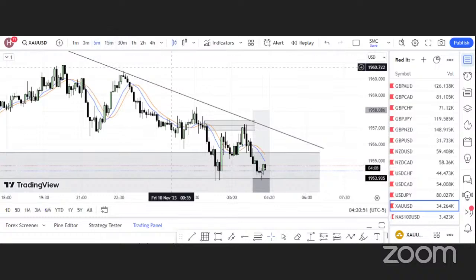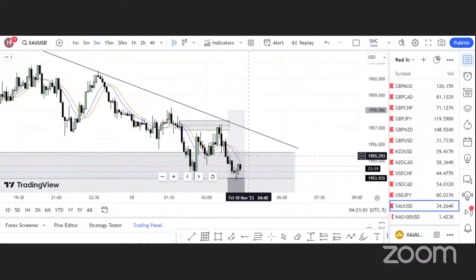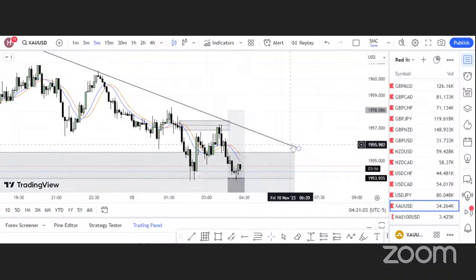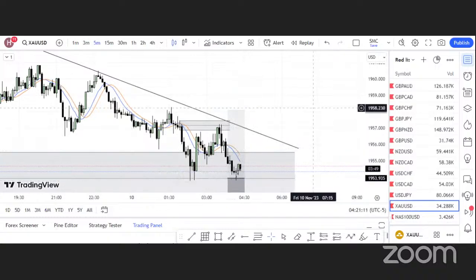So we are still waiting for the market to get to this level. Once we get to this level, we have a minor area here where I think the market might reverse from. So once the market gets here, we are going to go out of the market. But if it comes below this area and closes here, then we close with a small loss. This is our first signal for the day, and hopefully we make a good profit from it.